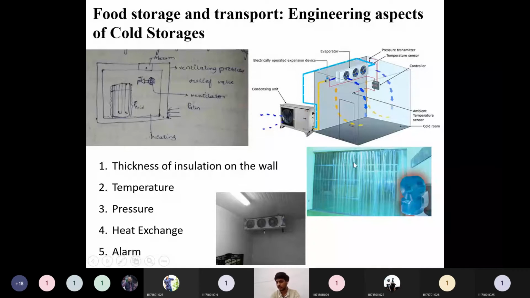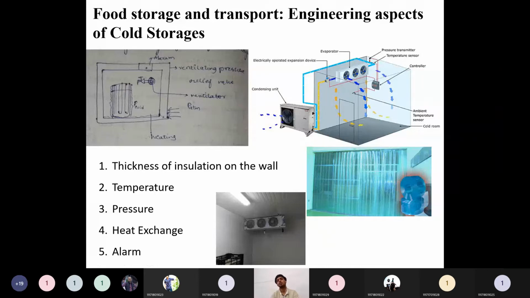You might have noticed this type of plastic strips in some jewelry shops or where people are using air conditioning. These strips are ultimately responsible for reducing heat exchange from inside to the outside. So environmental heat exchange will be somewhat lower, not that much, but somewhat lower. If these PVC sheets are not there, the exchange between the outside environment and the inside environment will be very huge, and that will be a loss for our refrigeration cycles.